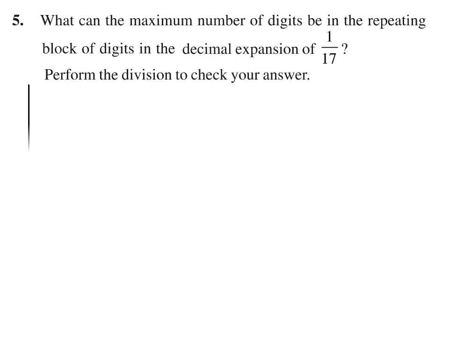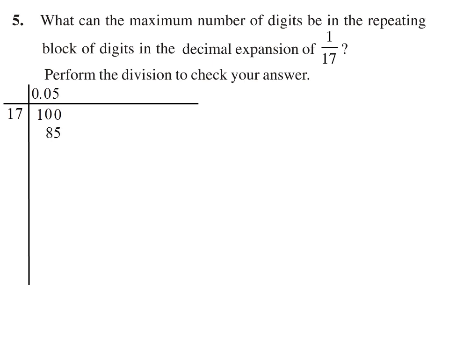So first of all, we have to divide 1 by 17. We put 0 point, so I will get 10, but we cannot divide it by 17. So now what will we do? Again put 0 in the quotient, so I will get 100. Now 100 is divisible by 17, so first I multiply 17 by 5, which becomes 85. So my remainder will be 15. Now again taking 0 as a carry forward, I will get 150.